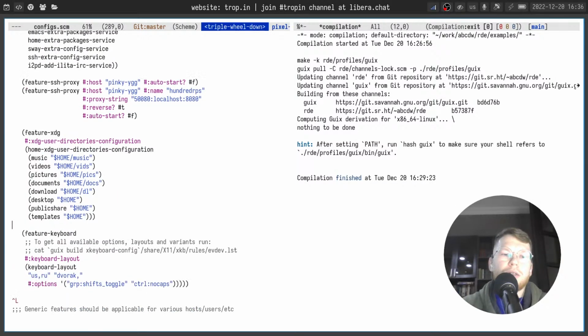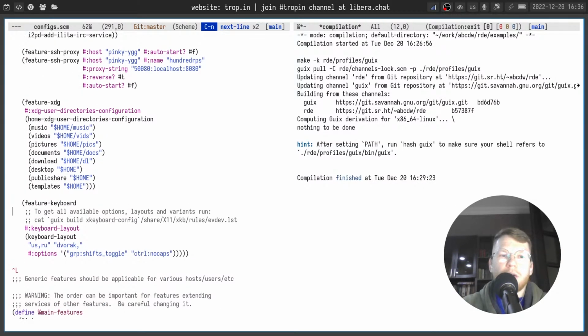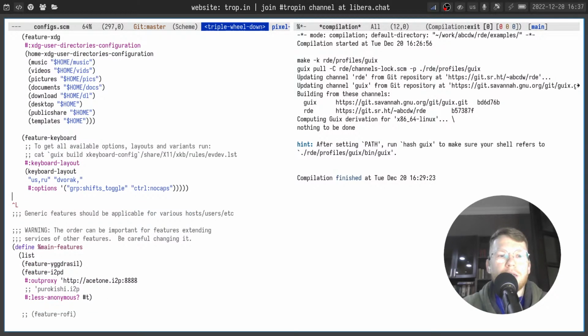And the last thing we have here is feature keyboard, which has English and Russian layouts, and the English layout is not the default but Dvorak. And also I have Control and Caps Lock swapped, and I have double shift for switching layouts. That's it. This was my personal